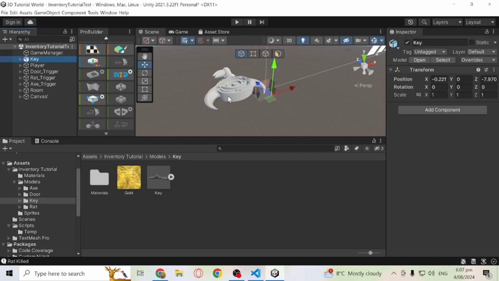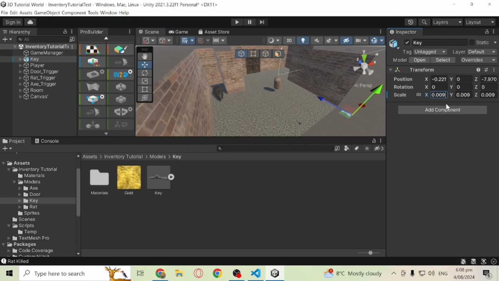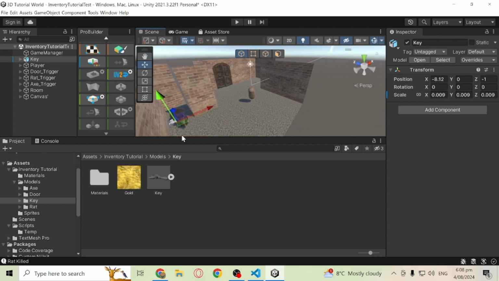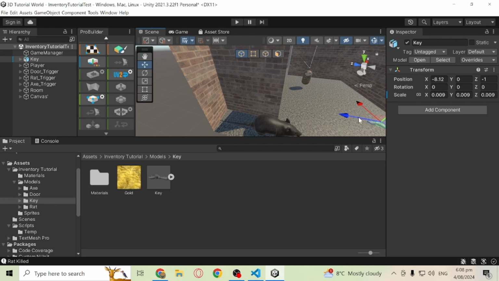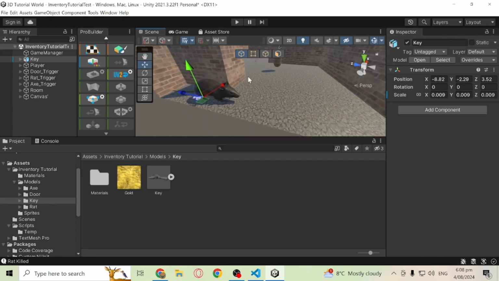The key I'm going to reduce in size quite a bit. There we go. That looks like a reasonable sized key. Now I'm just going to figure out where I want it to spawn so I can jot down the location for myself. I want it to spawn where the rat was, maybe just behind the rat,